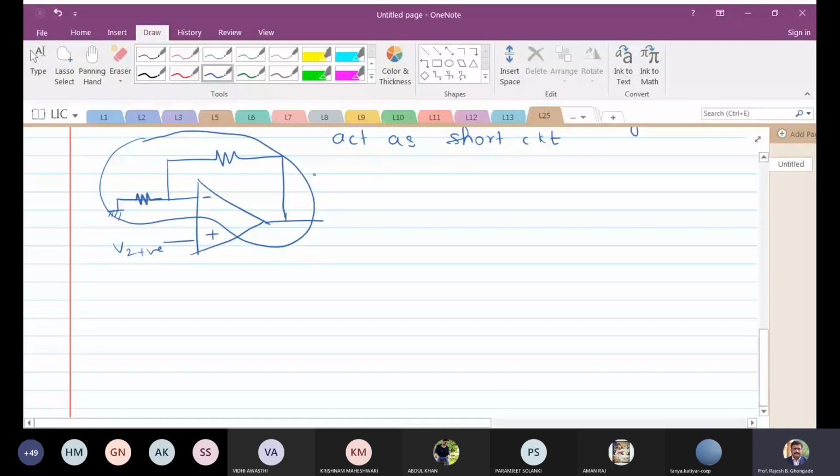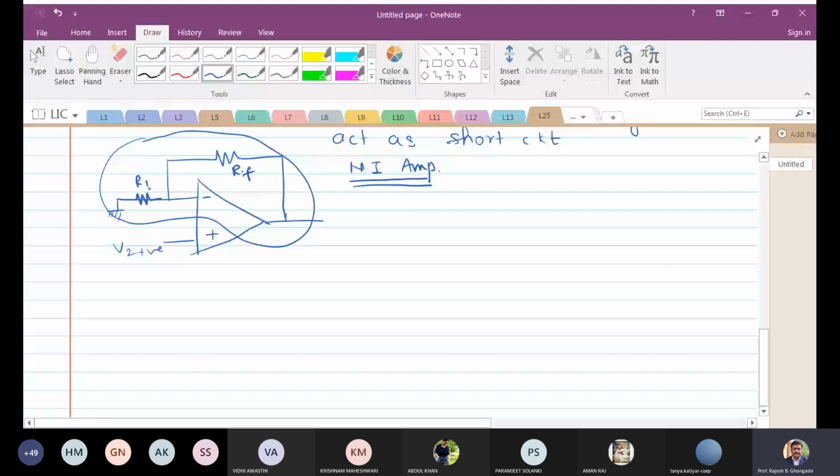A non-inverting amplifier, isn't it? Yes or no? Yes, it resembles a non-inverting amplifier, right? So here I can say this is, let us say RF, this is R1 for the time being,